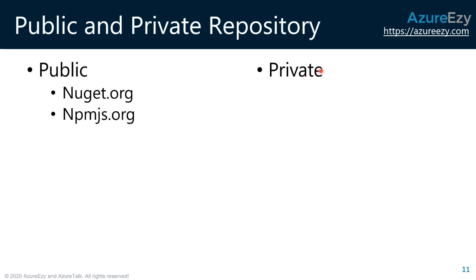Similar to this, you have npmjs.org, which is a way to host your npm packages. And for Python packages, this is the public repository that you can use for hosting your Python packages or scripts. And then lastly, there is Docker Hub, which is there for